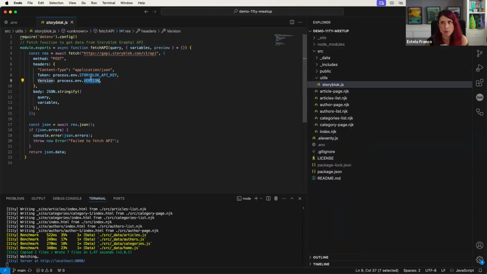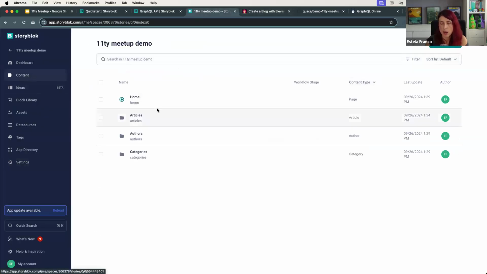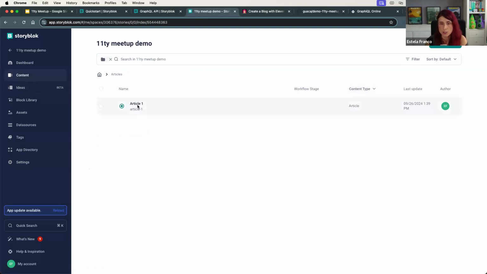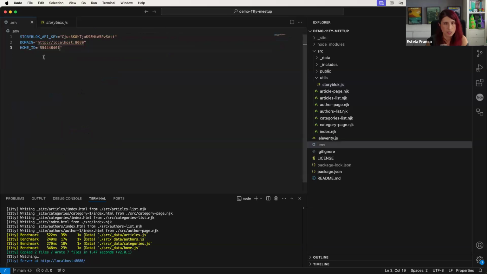And this is what I mentioned about the published or draft content. By default, if you don't have anything here, it will get the published content. But you can also add in your env variables, if you want to put it to draft, then you will get the draft data. So if you are modifying something here because you want to see how a new article will look before going live, right? So you can modify your stuff here in your article. Let's try it. Let's save it, but not publish it. Then we can go here. And if we go here with a version,